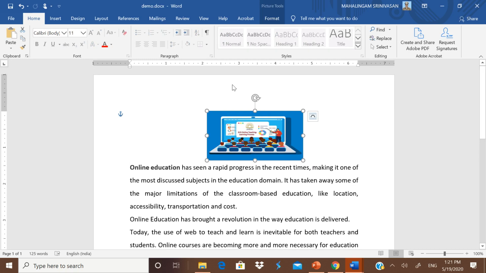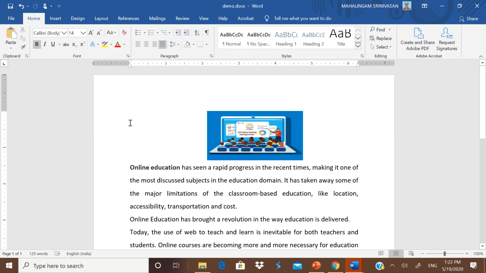Now whenever you want to share a Word file with the children, there are so many ways of doing it. You can make it password protected for modification, or you can lock it. So many ways are there, but the better way to share it online is converting whatever you have done in a Word file into a PDF. Let us see how it can be converted into a PDF.